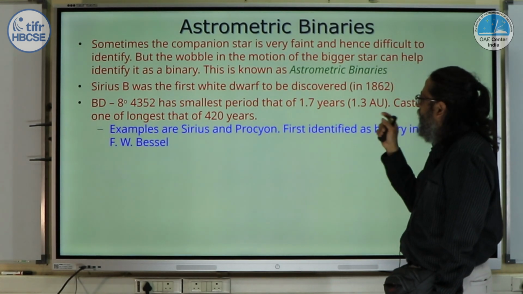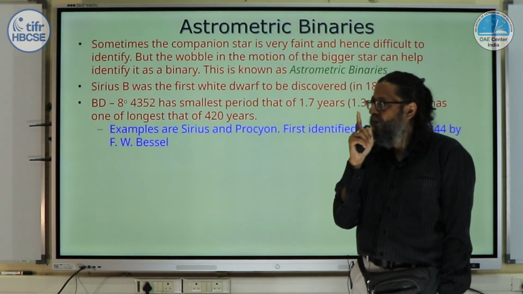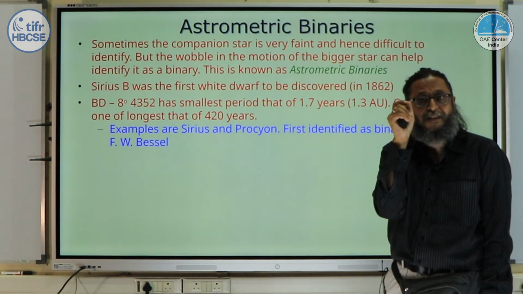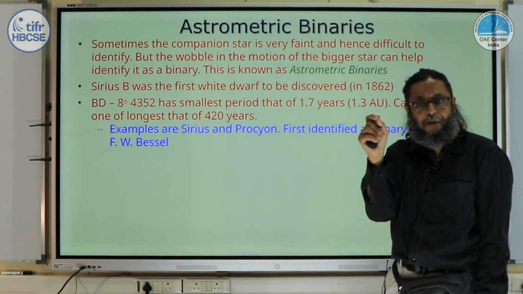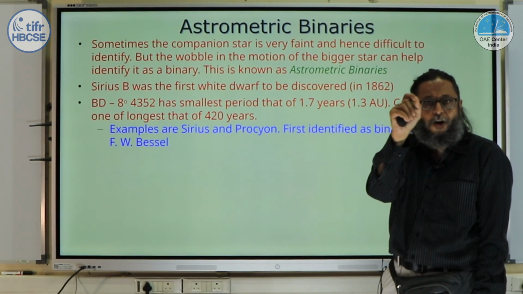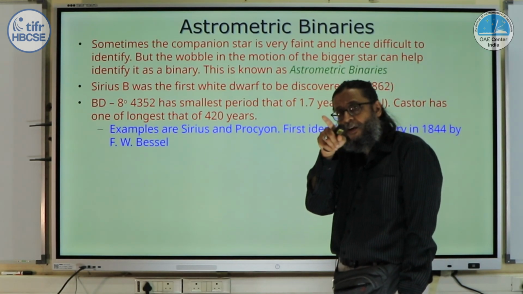Okay? So, now what happens is that you are able to locate one star. When I say locate, it is a function of time. You are able to measure the position of the star, and if one star is very massive compared to the